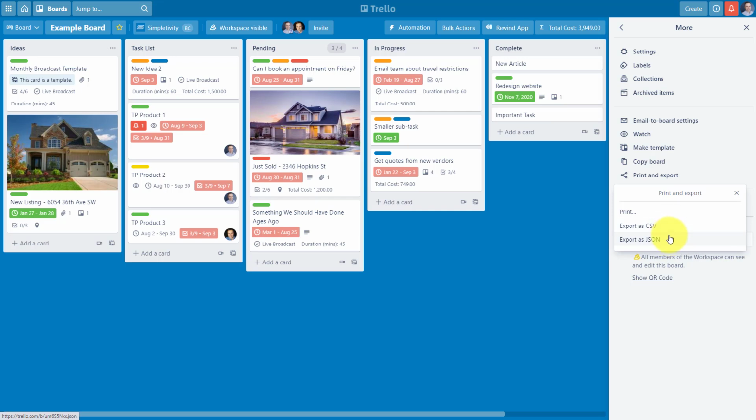In both of these cases, you are going to be able to export this information, but you are only going to be able to do it one board at a time, and Trello has no import functionality. So even though you can get this information out of Trello, there's really no way for you to revive that information other than manually adding this back in a worst case scenario.